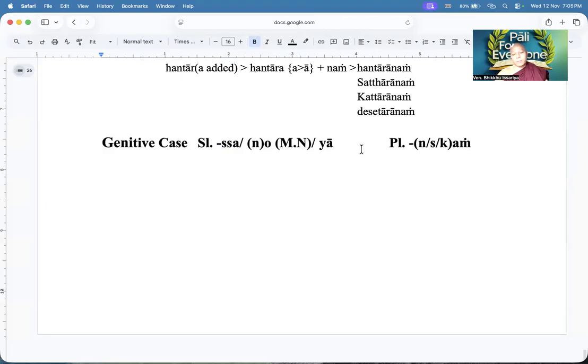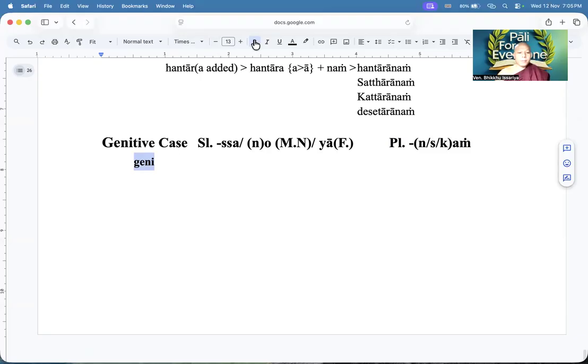But for feminine, ya or ya. The plural is the same in all genders. So in the way of forming, it is exactly the same as the dative. But to understand the usage of the genitive,